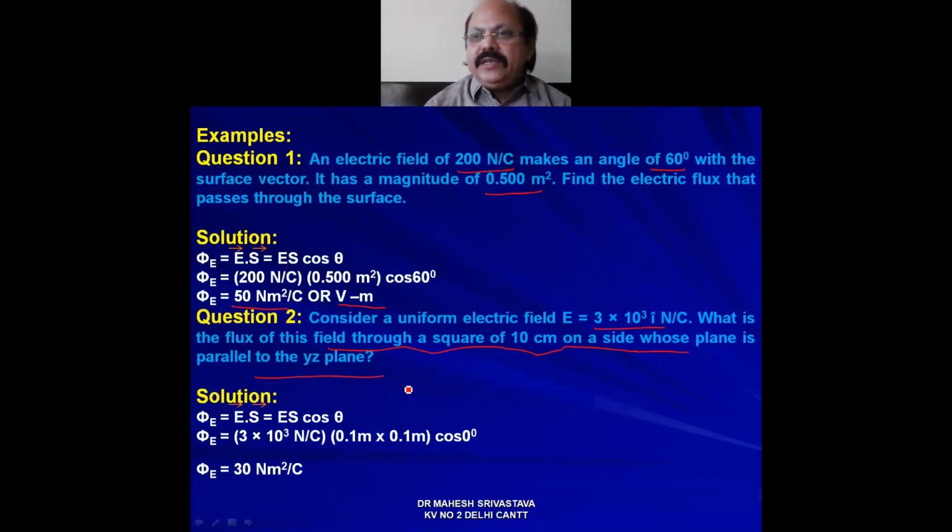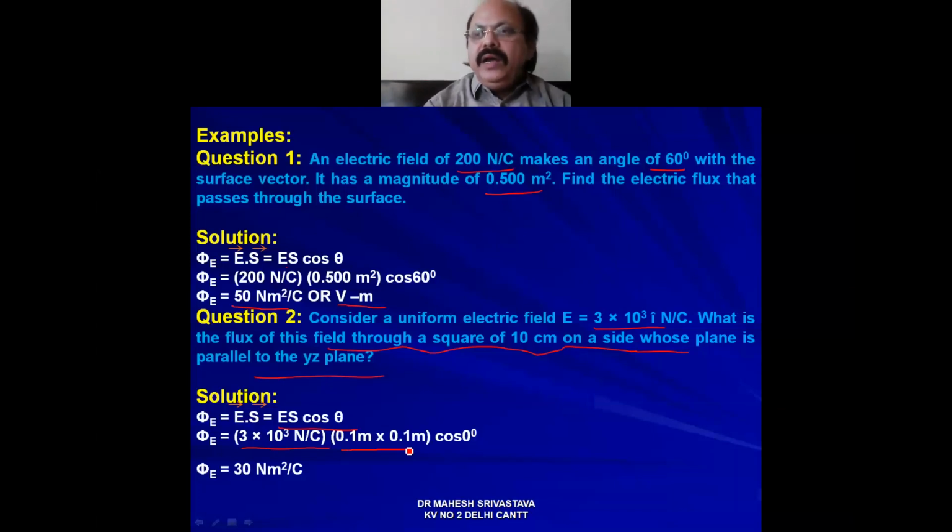So the angle between the electric field and the area vector of the square is 0. So you apply the formula phi E equal to E vector dot S vector, which is ES cos theta. E is given to you as 3 into 10 to the power 3 Newton per coulomb, and the area is 0.1